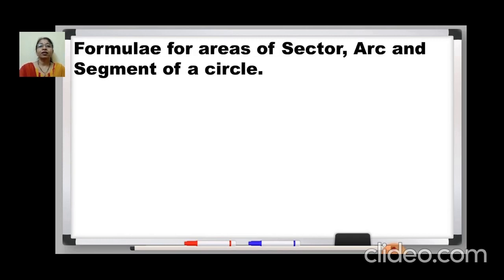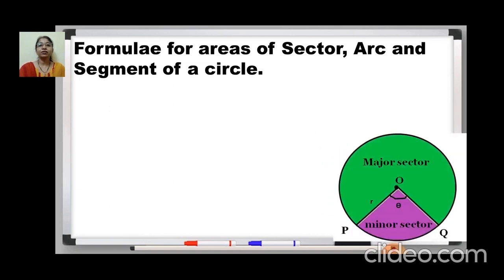Now we'll see how to calculate the area of this sector, length of the arc, and area of the segment of a circle. So this is something new to you. So let us learn the formula for area of a sector. So let us see what all things required to calculate the area of sector. So here O is the center of the circle, right? R is the radius of the circle. See here, OP is the radius and theta is angle made by these two radii, OP and OQ, with the